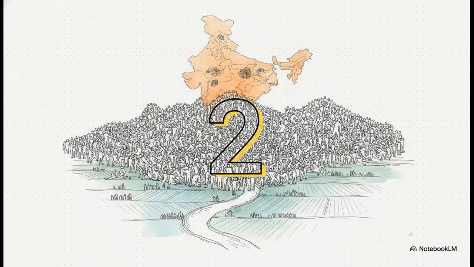Because here is where it gets really interesting. That relatively tiny 2.42% slice of land officially holds the second largest population on the entire planet. Think about that for a second. It creates this absolutely fascinating human density. Every single square kilometer is part of a highly dynamic human ecosystem, which makes understanding the geography of this space